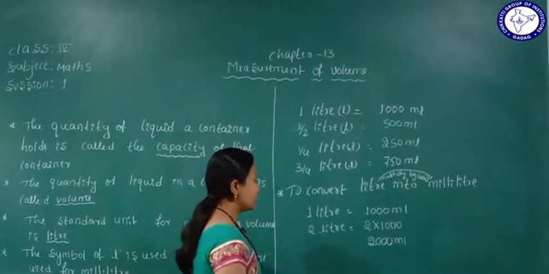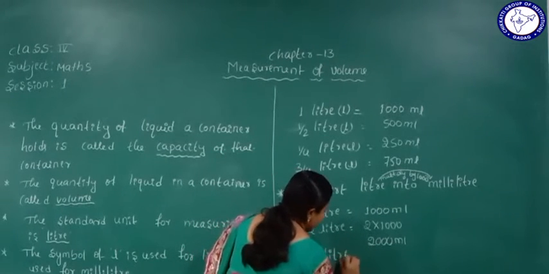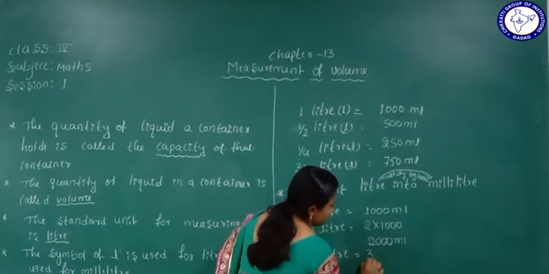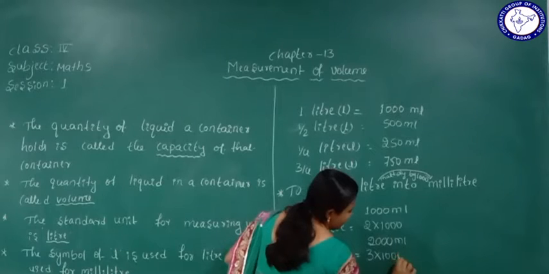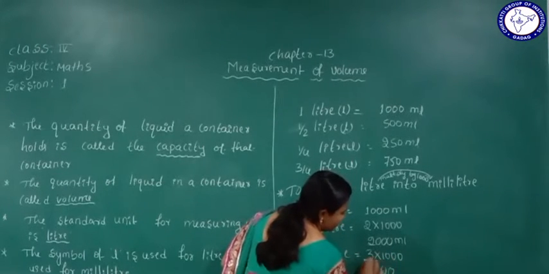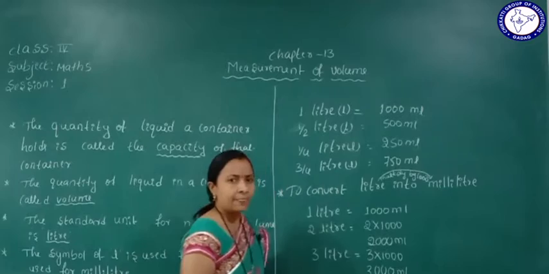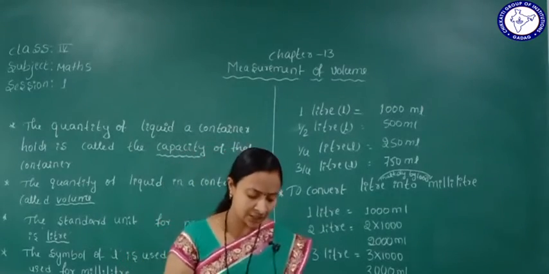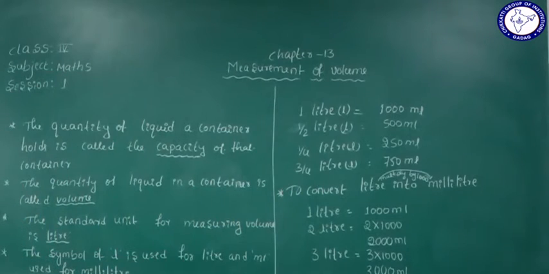Okay. So if they give 3 liters here, how will we convert it? 3 into how much will we be multiplying here? 1000. 3 zeros are 0, 3 zeros are 0, 3 zeros are 0, 3 ones are 3. So 3000 ml. Understood this one? Okay. So next they have given examples. We'll see the examples.